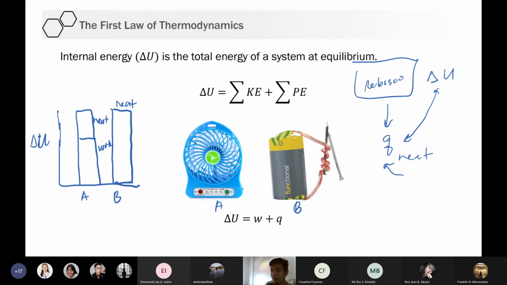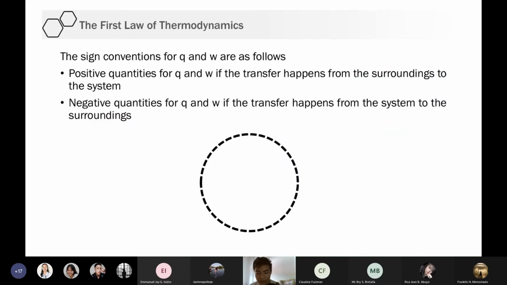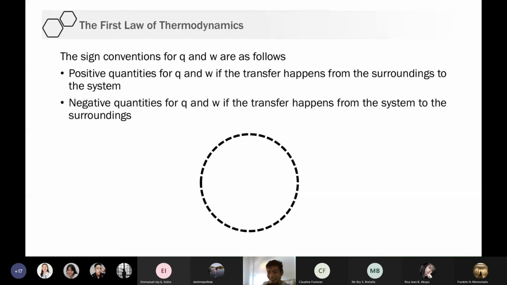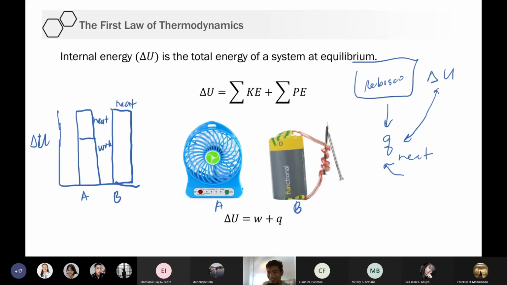Ito yung tanong ngayon. How do we measure work and Q? Okay? How do you measure that? Mas madali to, yes. Pero paano? Okay. Punta tayo sa work. Wala pa pala. Okay, so anyway, mamaya, yung work di-discuss natin. Okay. So anyway, again, yung internal energy ng mga substances sa paligid natin, ng mga bagay-bagay, pwede mo ma-compute yon